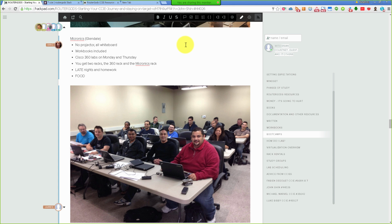So with Micronics, workbooks are provided, and you do get two pretty good Cisco 360 assessment labs on Monday and Thursday. So you're getting two officially sanctioned labs. You get two racks: the Micronics rack and the 360 rack. A lot of people forget about the 360 rack. Late nights: I think the latest I have been at a Micronics boot camp, the latest was like 11:30. I think that is the record